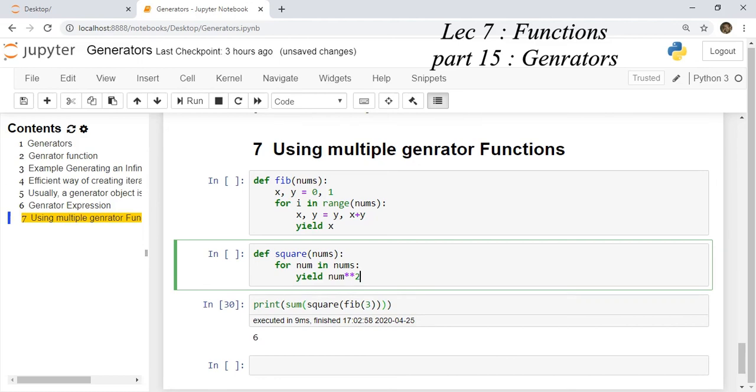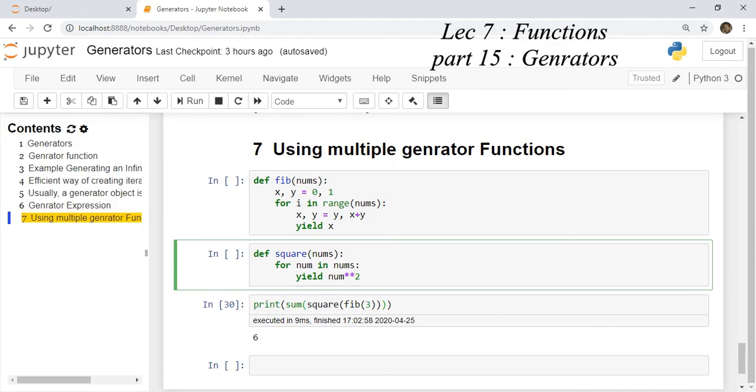In the next iteration of fib3 execution, the second value generated by the Fibonacci series will be 1. This 1 will be given as an input to the square function. The square function will yield the square of 1, which is 1, and it will be added to the previous sum, 1 plus 1 is 2.